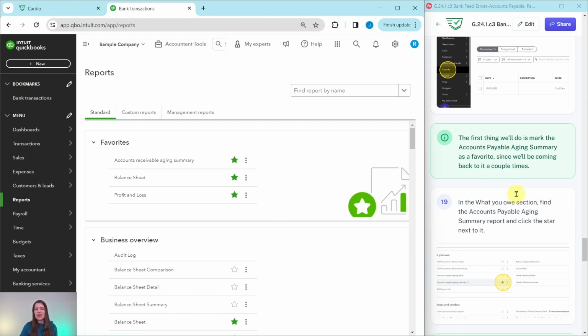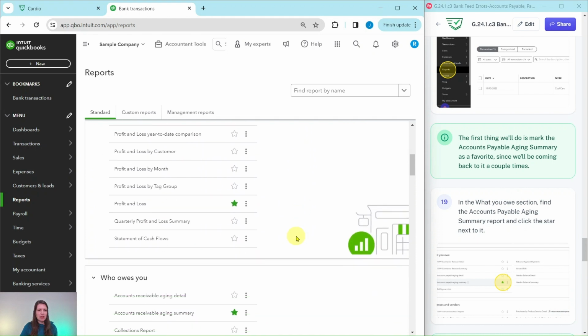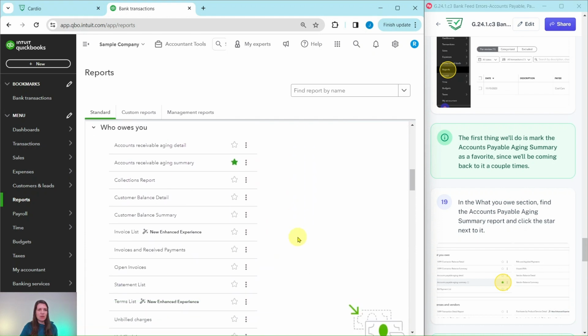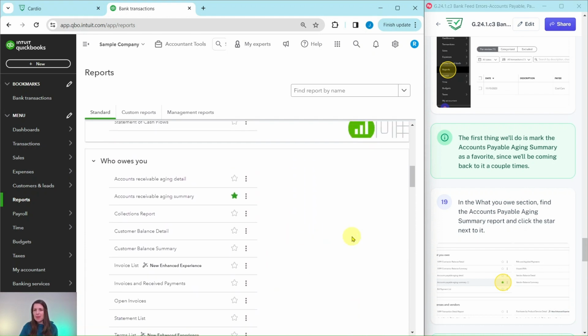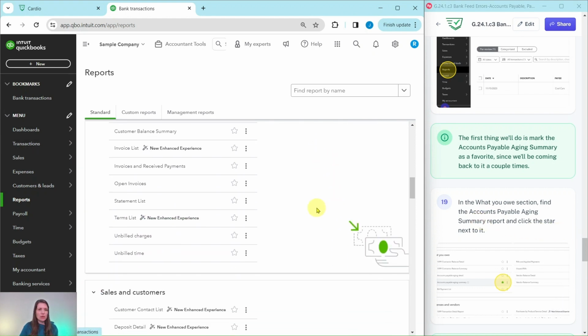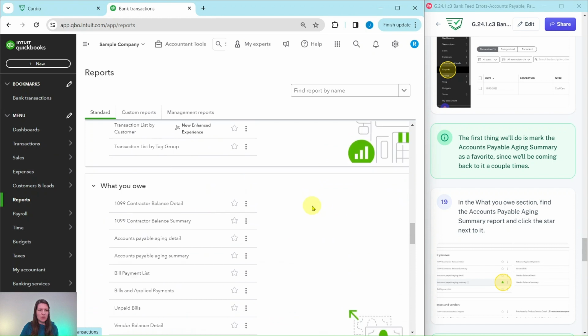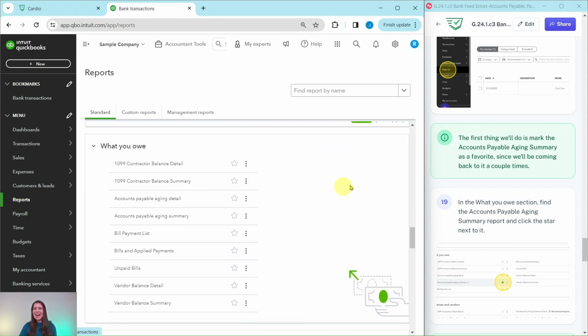And we're going to scroll down to what you owe. So go ahead and scroll down to that area right there. And then we are going to, I'm sorry, I scrolled down to who owes you. I want to do what you owe. There we go. So the first thing that we're going to do is mark the accounts payable aging summary as